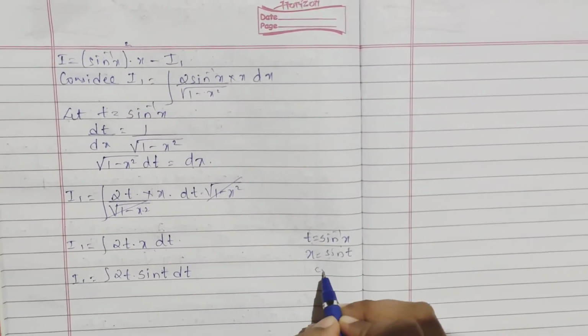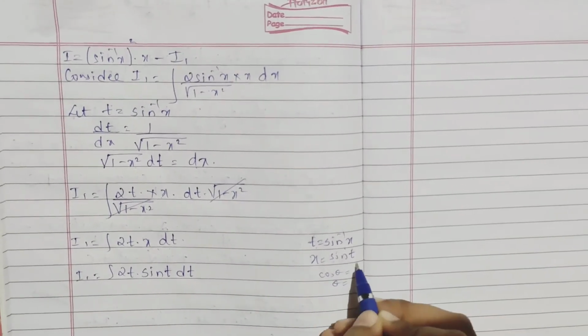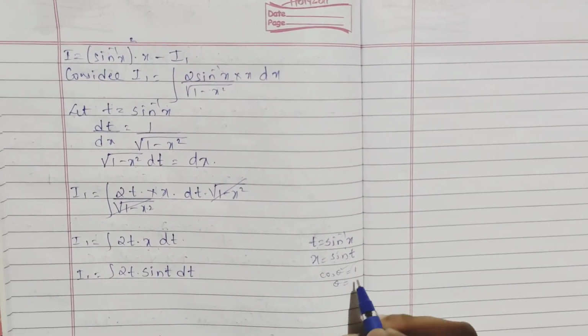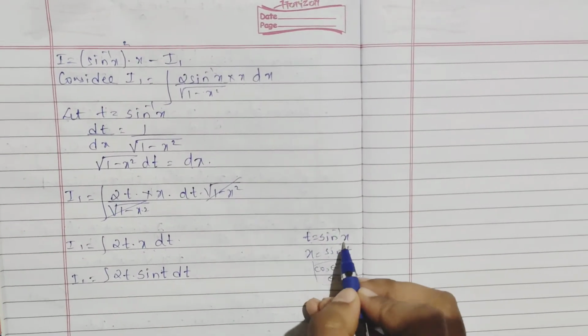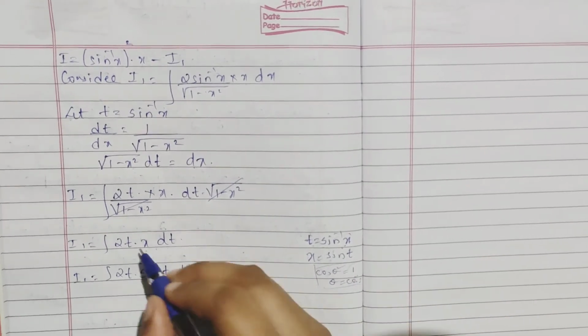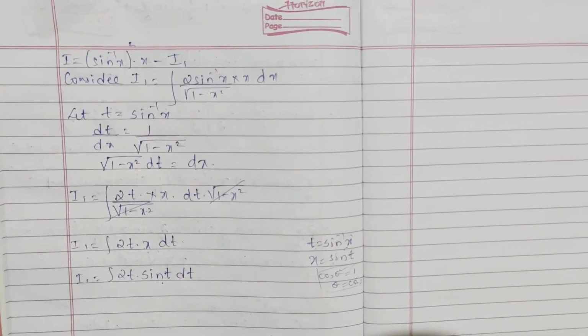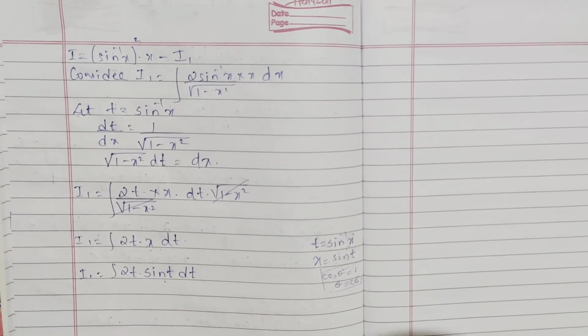When you have cos theta equal to 1, if you want to find your theta, then cos takes inverse, it becomes cos inverse 1, right? In the same way, t is equal to sin inverse x. So we want the x value, which means sin goes here, and it becomes sin t. So in place of x we put sin t. Now you can see properly we have integration by parts, and by parts can apply here.